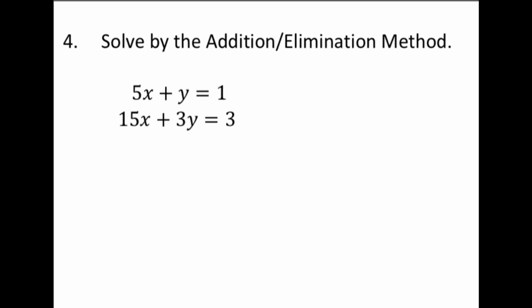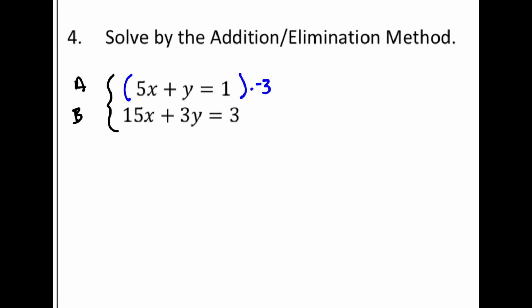All right, first of all, we have two equations, A and B, and I do have a solo variable. So I'm going to times this top row by negative 3 to get y to cancel. All right, so I end up with